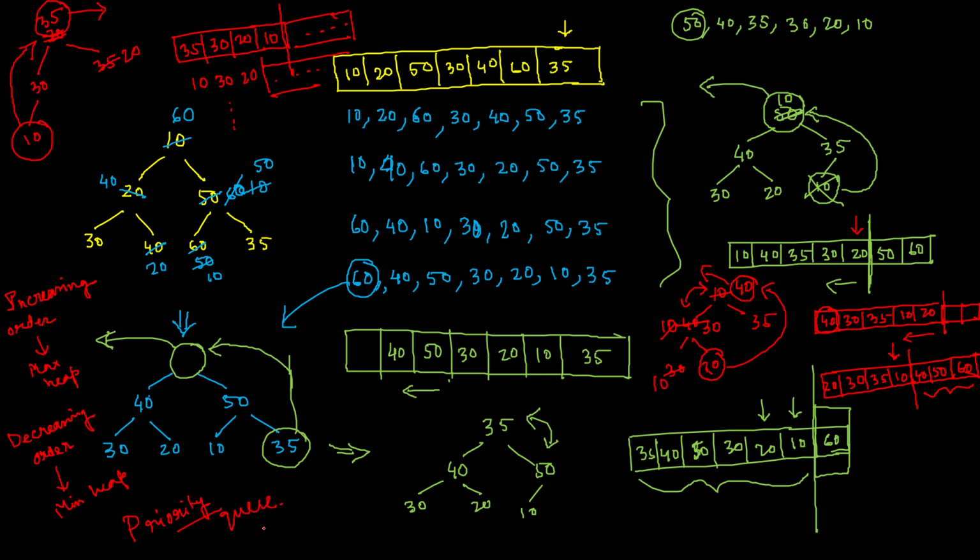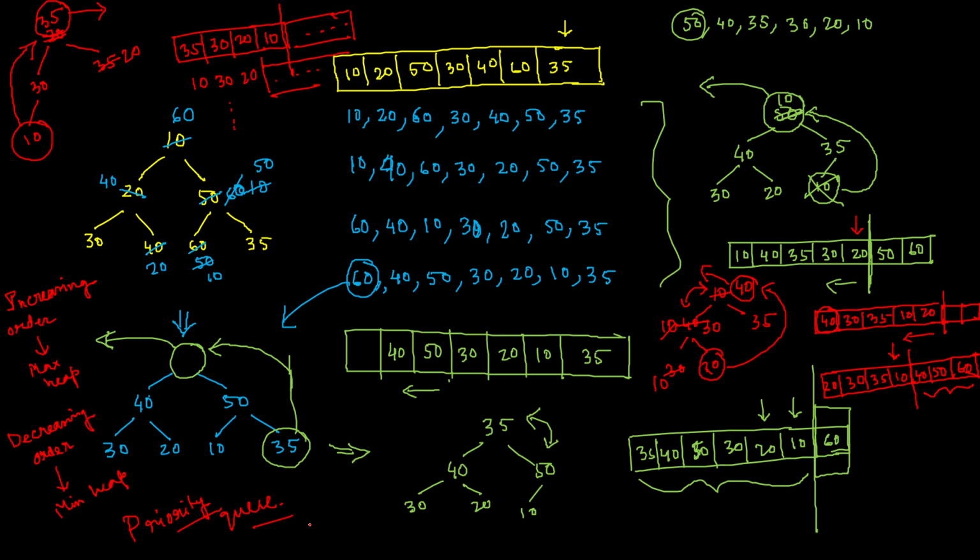Since you already have an idea about the priority queue, I'm not going into detail of the priority queue, but one thing we know about the priority queue is that it is a special type of queue where data is inserted or deleted based on the priorities. And how can we put this priority? We can put this priority with respect to this heap tree. For example, a max heap or min heap. If I consider that maximum value represents maximum priority, that means for creating such a priority queue, we basically have to use a max heap.